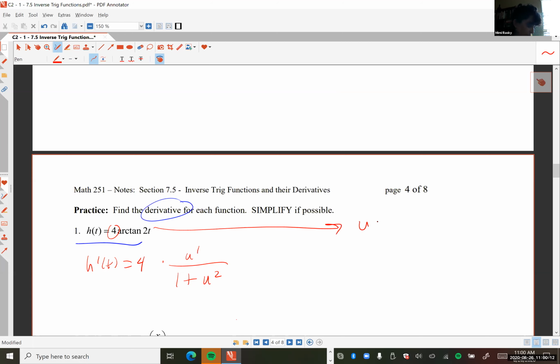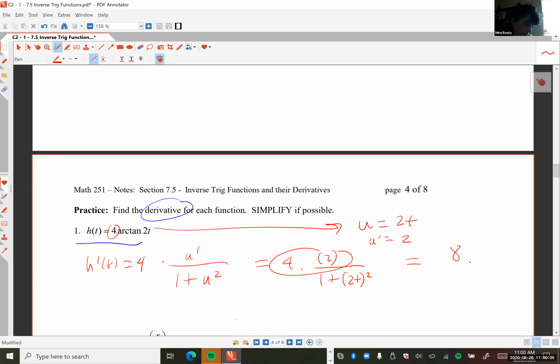So, who's the u for us? Tell me. I'll check the chat. What is it? 2t. 2t. Very good. So then what is u prime? 2. Very good. So after doing some substitutions into this cute little arctan formula and then doing some cleanup,